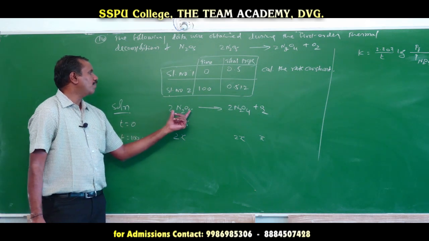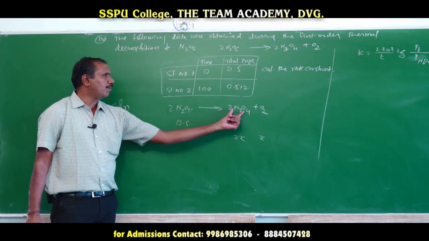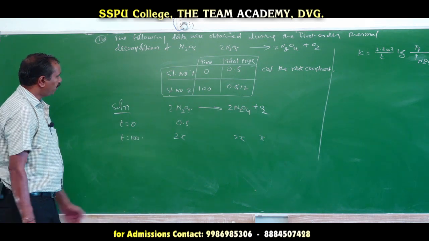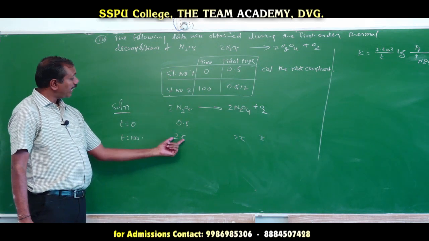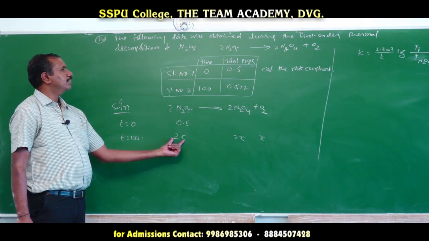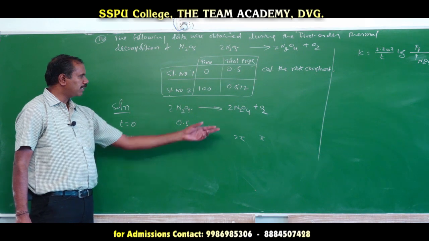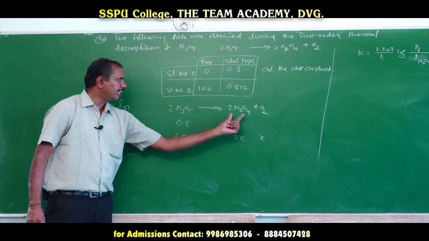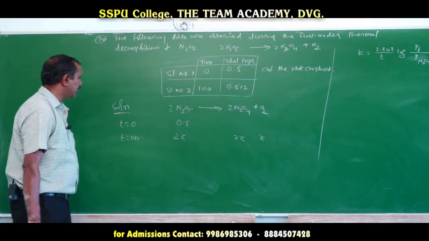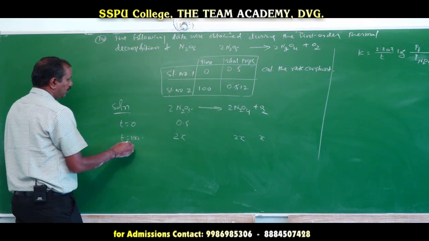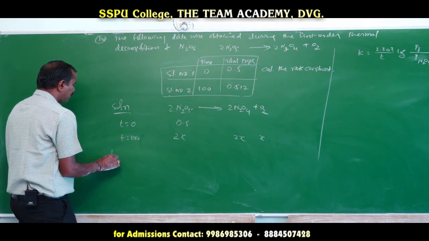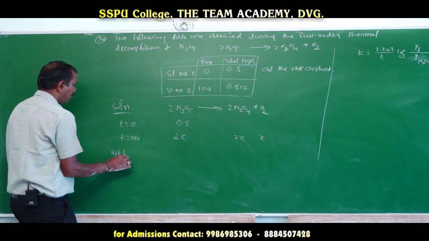If 2 moles of N2O5 decompose, they form 2 moles of N2O4 and 1 mole of O2. If 2x atmospheric pressure of N2O5 decreases, then the pressure of N2O4 increases by 2x, and the pressure of O2 increases by x. So this is at 100 seconds. Then the pressure left behind